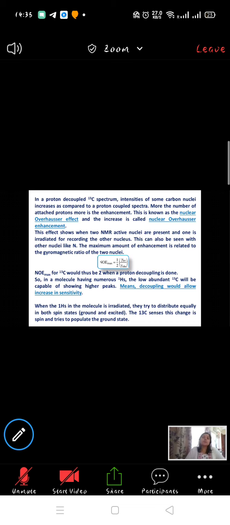So if you are considering that all the nuclei are balanced in the two states, at any particular time the number of nuclei getting excited and the number of nuclei getting relaxed is balanced. So we cannot be identifying any